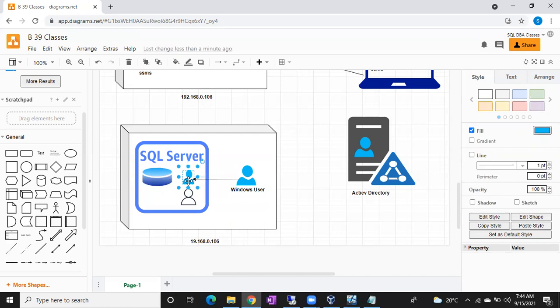No, sir. Very good. So by default, if you create any login, he can connect to SQL Server, but he cannot access any database. If he wants to access the database, he should have more permissions.